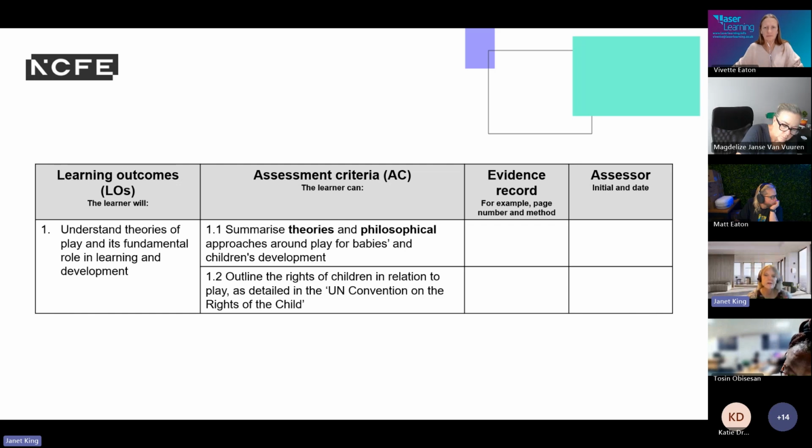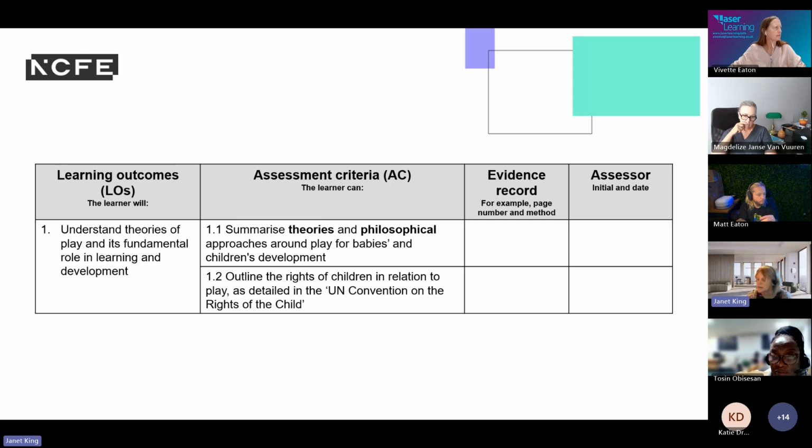So again, we're looking not just at, because what we tend to do, I think, when we're introducing play is look at the stages of development and think about how we can promote that as an early years practitioner. Absolutely nothing wrong with that. It's critical. But now we're taking that step back and thinking, well, what play, what kind of play, and what are we actually trying to achieve?